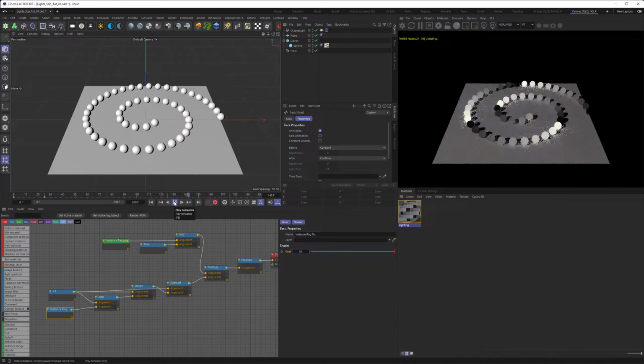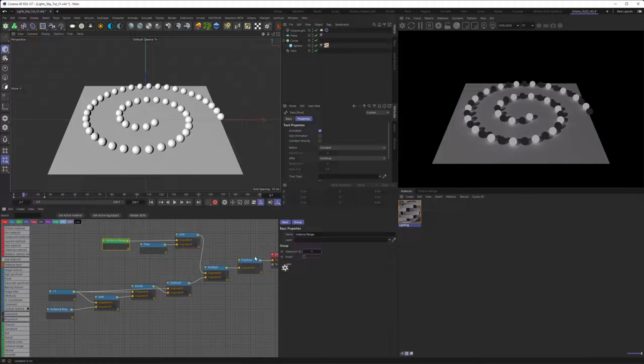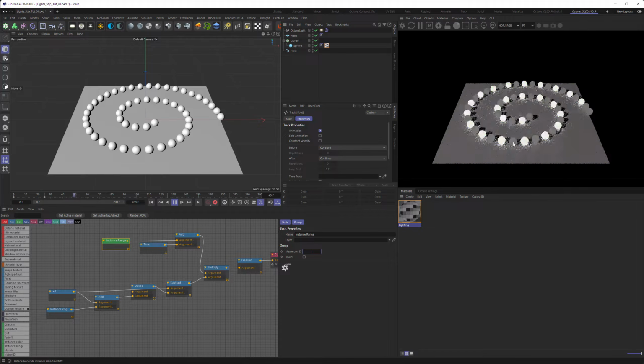So now we have value range animating with a gradient in between 11 spheres. But if I set this to 1, so there's only one altering sphere here, you can see that the effect this is having might look a bit strange, as one of the spheres is always going to white and then suddenly becomes black. So if we want the last sphere in line to always be white, there's a trick too.